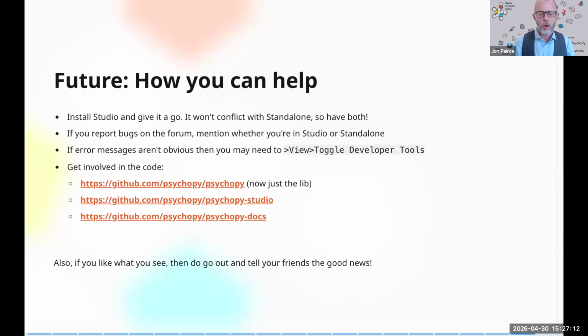If you do have any bugs, report on the forum. Mention preferably which one you're using, standalone or Studio. You may find that the error messages are hard to reach. Sometimes we're struggling to capture them. Under the hood has got more complicated, to be fair. There are more parts to this,